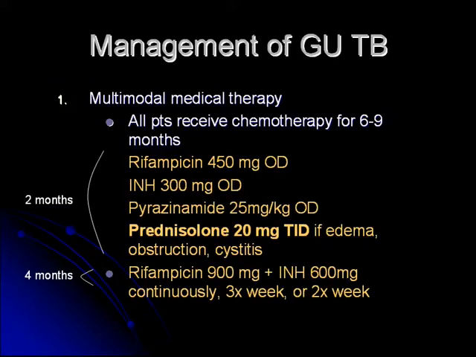None of this is done anymore because of drugs, and these are the drugs, and this is the current protocol that we give. So patients are treated for 6 to 9 months after you diagnose them. These are the 3 main drugs that are given initially. Prednisone is also indicated and is thought to help with some of the inflammation that can occur in the ureter with the acute caseating granulomas.